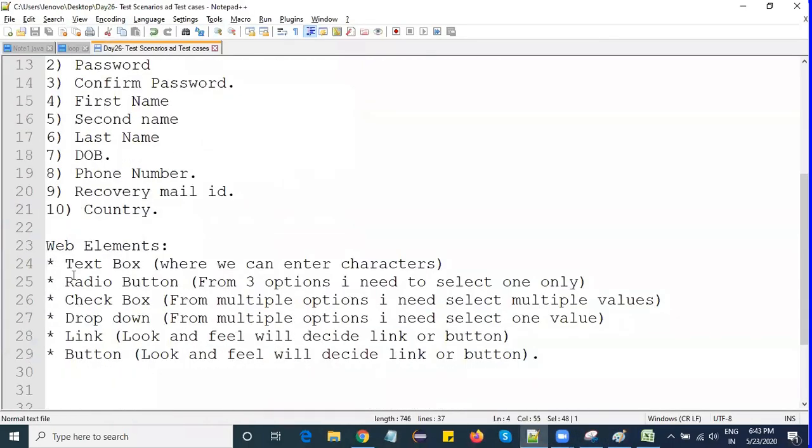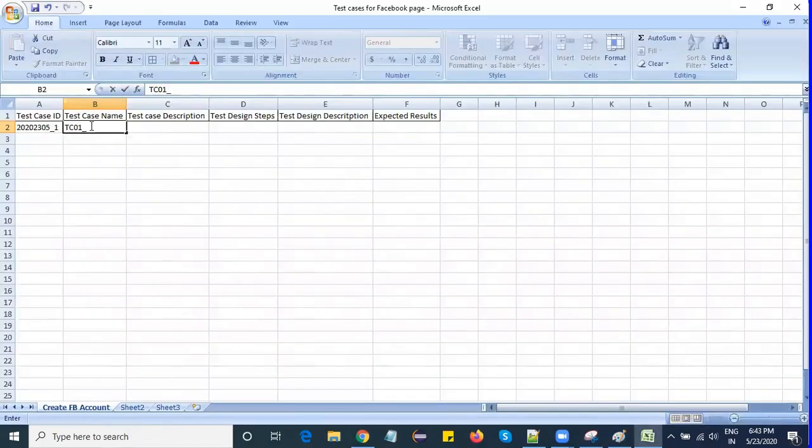First name is a text box where we can enter characters, right? So I will write like this: test case one, validate or check the functionality of first name text box. That's it.